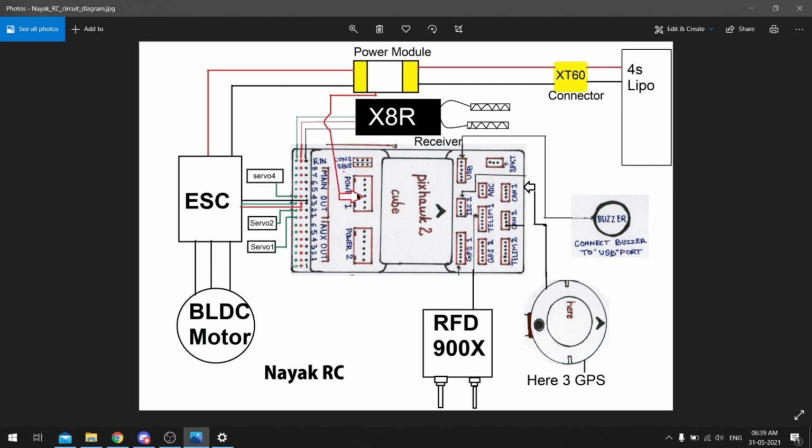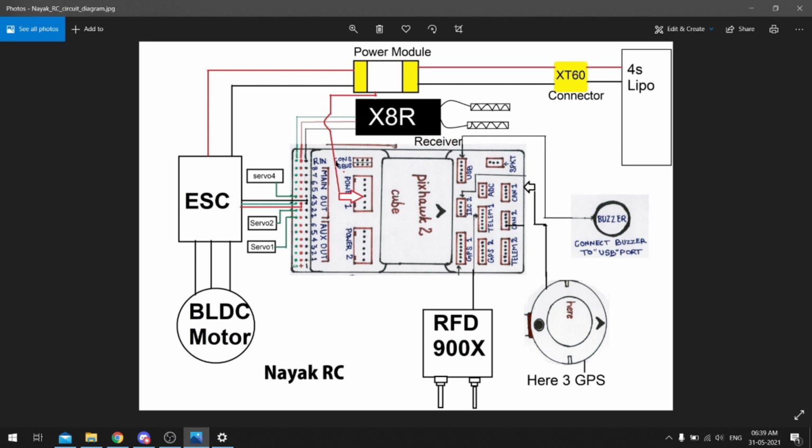Now this power 1 port is only utilized by some sensors, not all the sensors. We already know that our load is nothing but our ESC and motor, that is, our propulsion system in this case. So the main power is directly going there. I want this 5 volt power, which is coming from the power module as controlling power, to be utilized by some systems only. Clear. So the PIXOC cube only powers some systems.